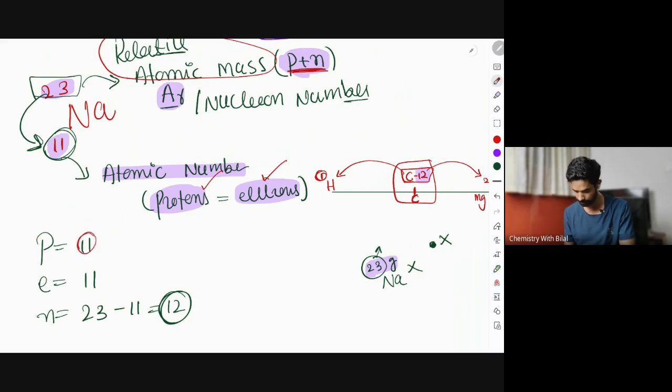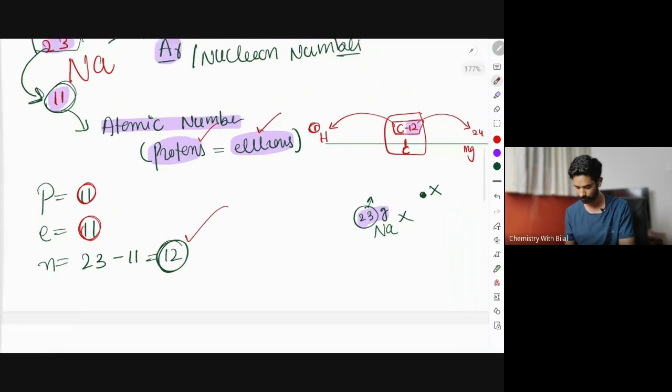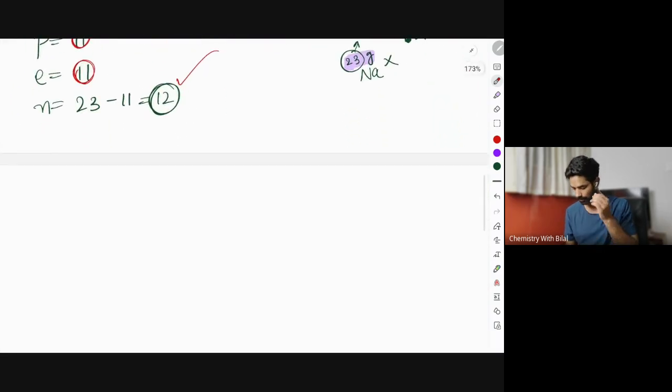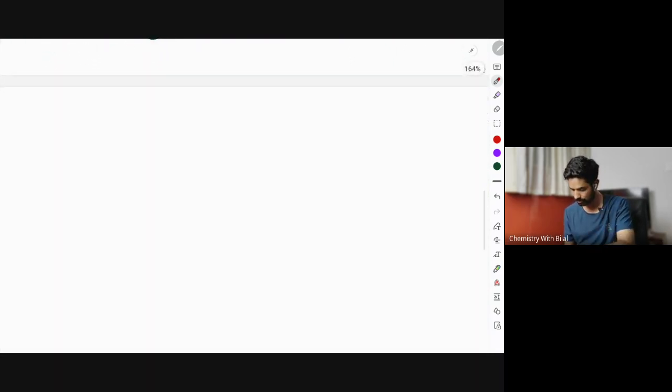The smaller number is the number of protons. We have the same number of electrons, and the difference of these two values will give you the number of neutrons, which is called atomic mass. Let's now compare